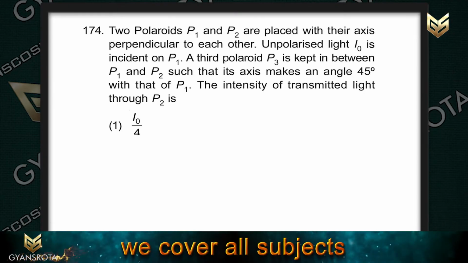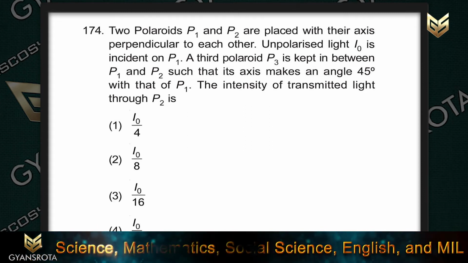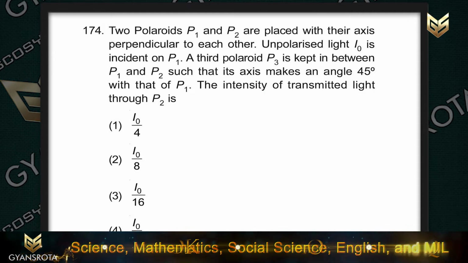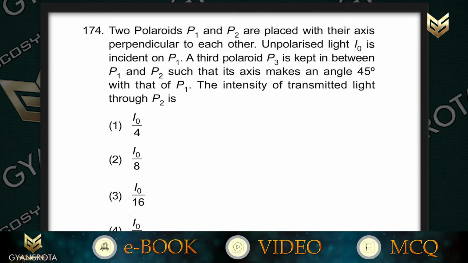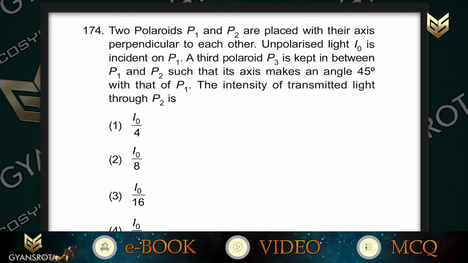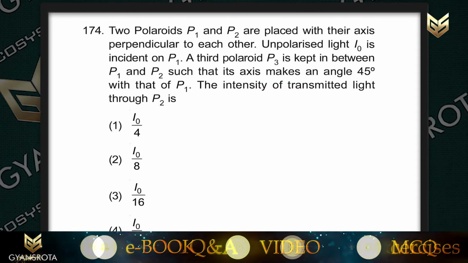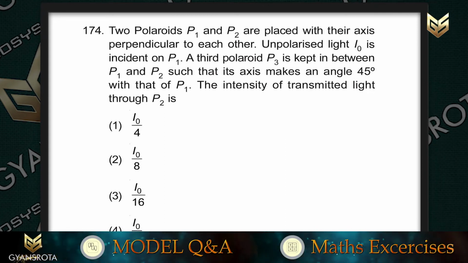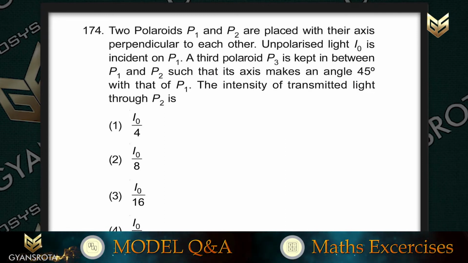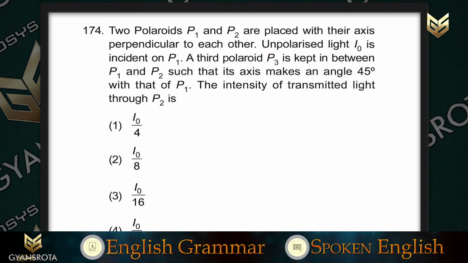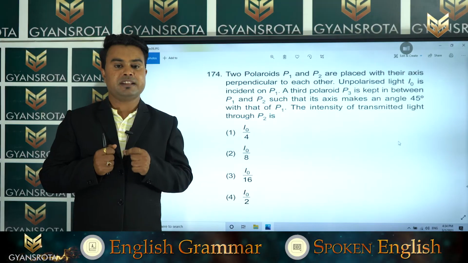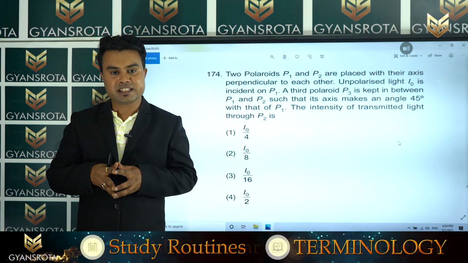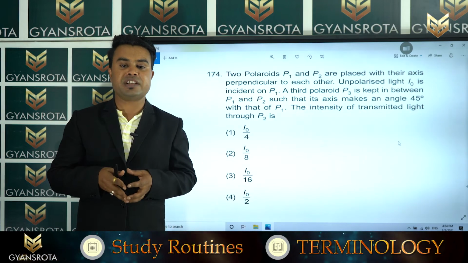Two polaroids P1 and P2 are placed with their axes perpendicular to each other. Unpolarized light I0 is incident on P1. A third polaroid P3 is kept in between P1 and P2 such that its axis makes an angle 45 degree with that of P1. The intensity of transmitted light through P2 is. This is a question from the chapter wave optics, and the topic is polarization and under polarization, that is Malus